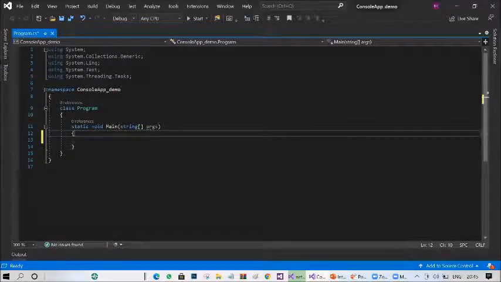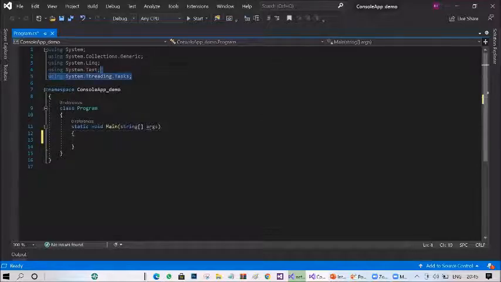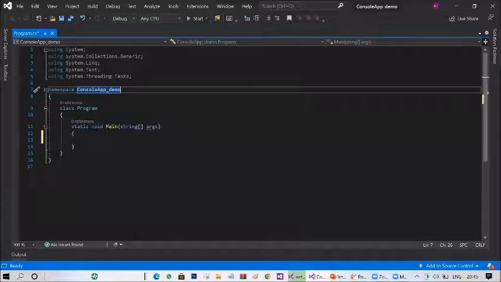Let's understand the structure of the program. If you are familiar with C++, there are header files like stdio.h, iostream.h, etc. Like that, all the libraries pertaining to this program, its namespaces, will be used at the top. We'll understand more about this using in coming sessions. Below that, there is a namespace.